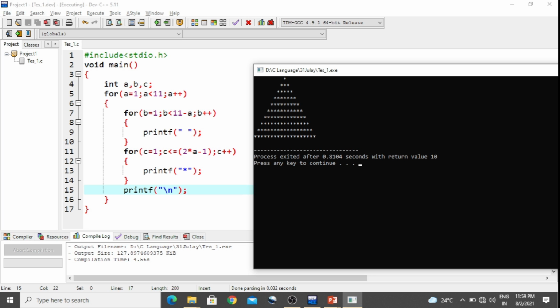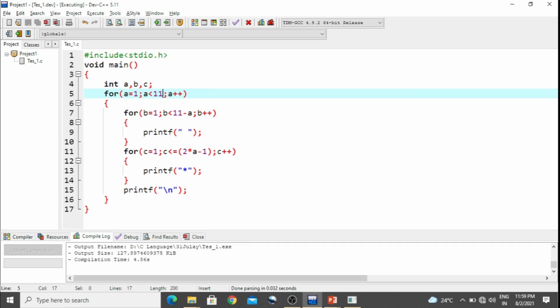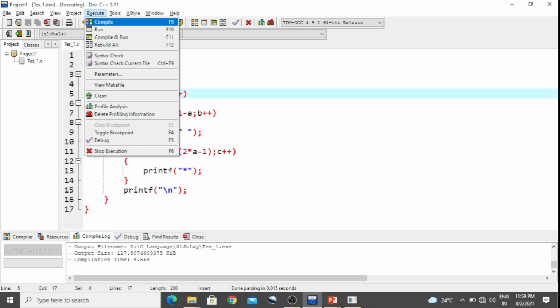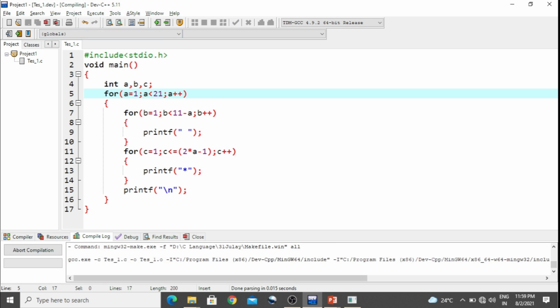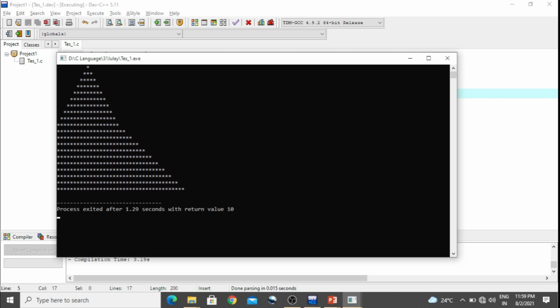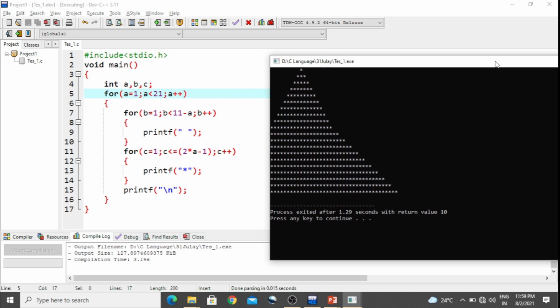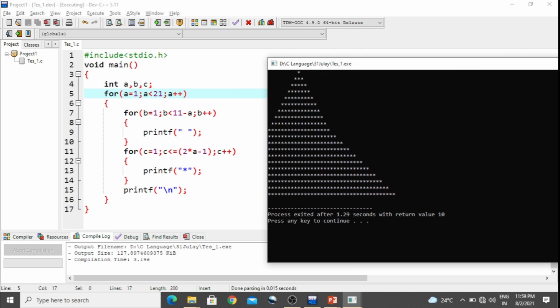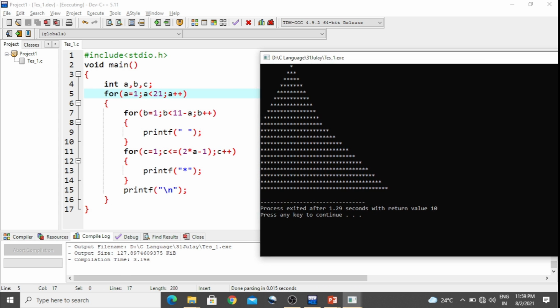In this way, if you have to increase the number of rows, suppose 21, I have to print 20 rows. So just execute, compile and run. After running, you will see the number of rows has increased, but the pyramid is going in the wrong direction.